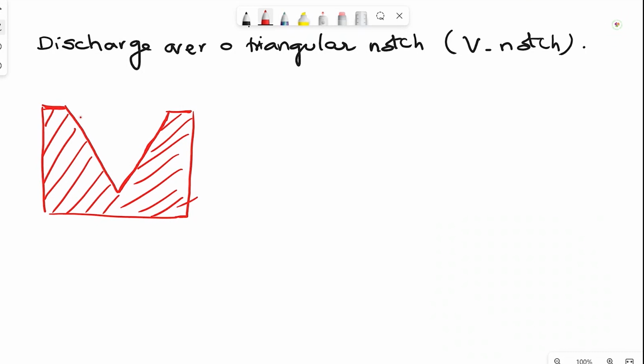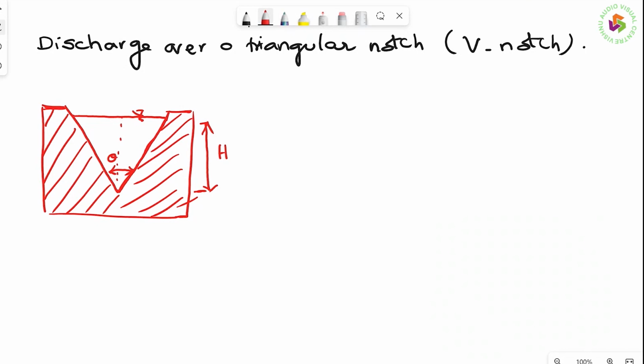Right now the water level is up to here. If I call this from here to here as H, right? Now if I take the central point, and if I take the total angle as theta,